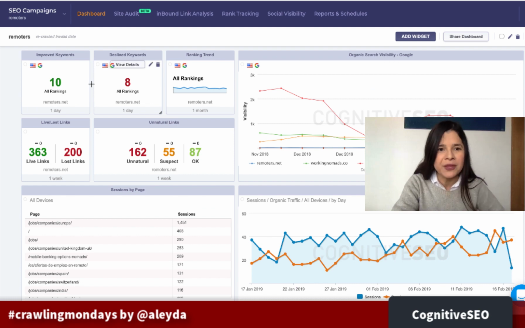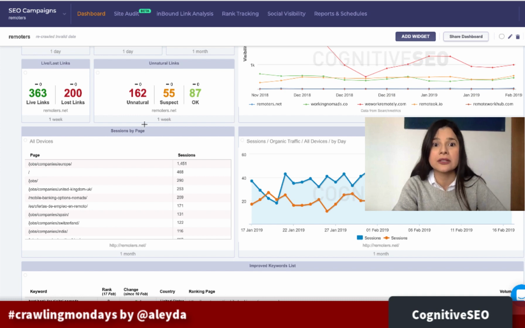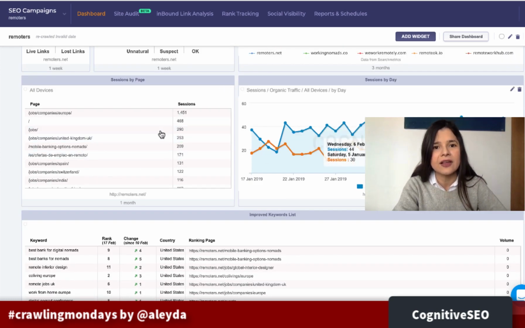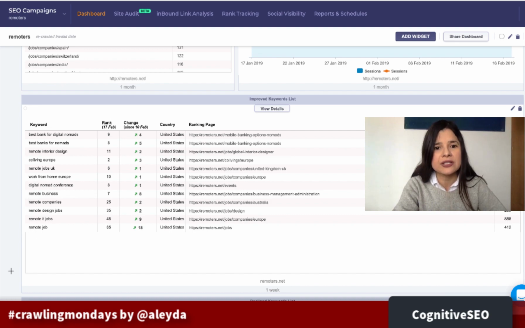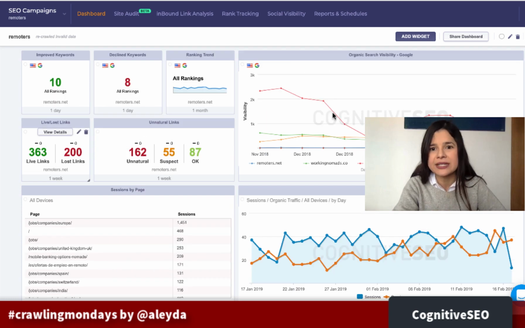As you can see here, for example, this is my rank tracking that I have set with them, so they tell me the improved and declined keywords, the ranking trend over time, the links that I have gained or lost, those that might look unnatural to check out, this Google Analytics traffic data, the trend over time, the organic trend over time, those top pages, and then of course the specific keywords that have increased or decreased that I have set with them,